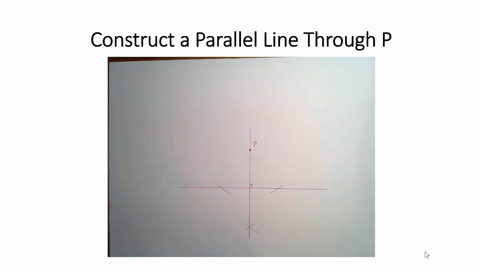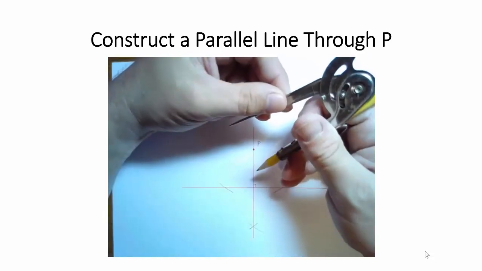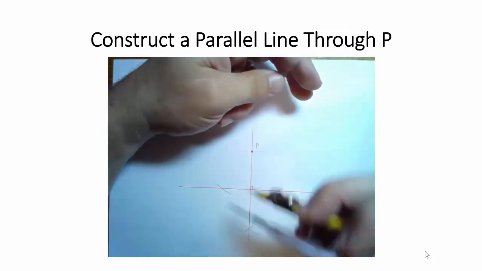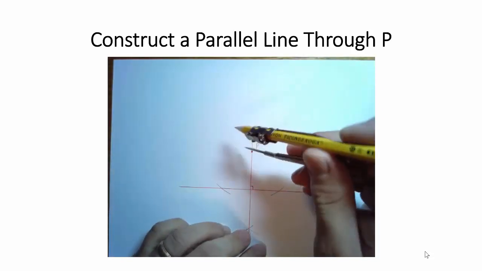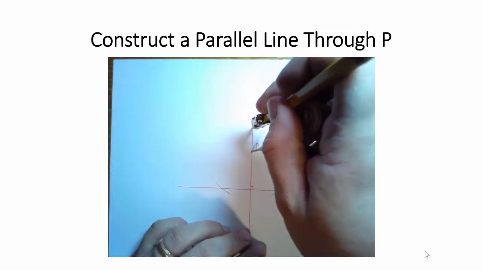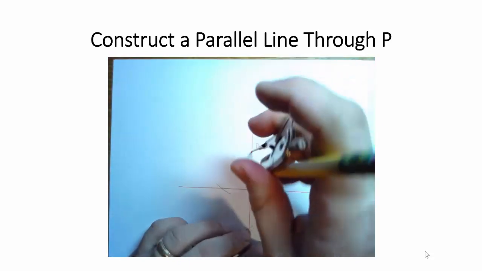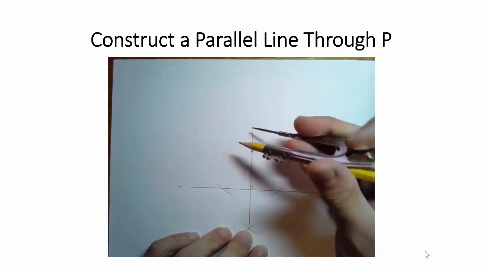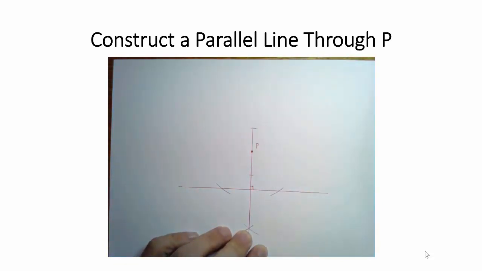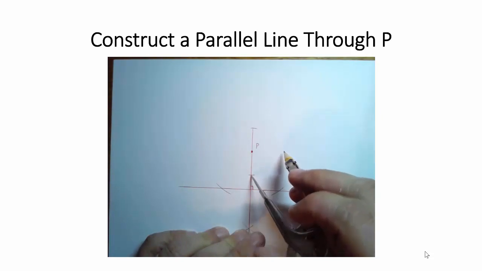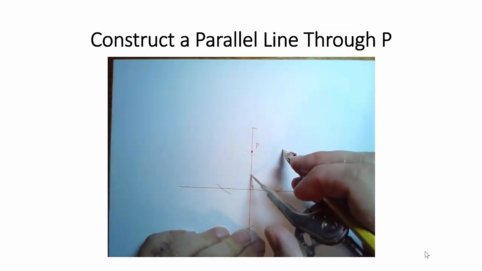Then I'm going to draw another line that's perpendicular to this vertical line through point P. And so I'm going to set my compass a little bit smaller. And let's make a line segment with P as the midpoint. So there's 2 points, and so P is the midpoint of this line segment. And then I'm going to open my compass a little bit farther. I'm going to start at the endpoint and draw